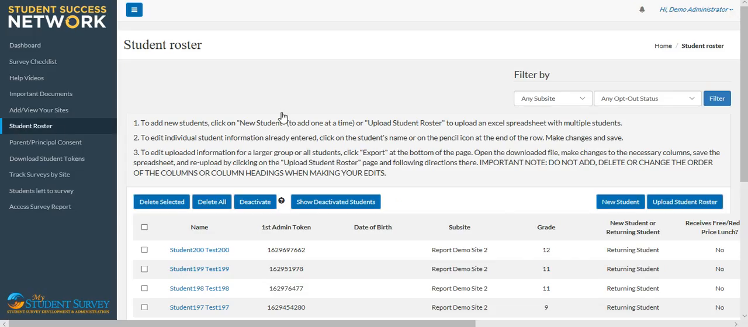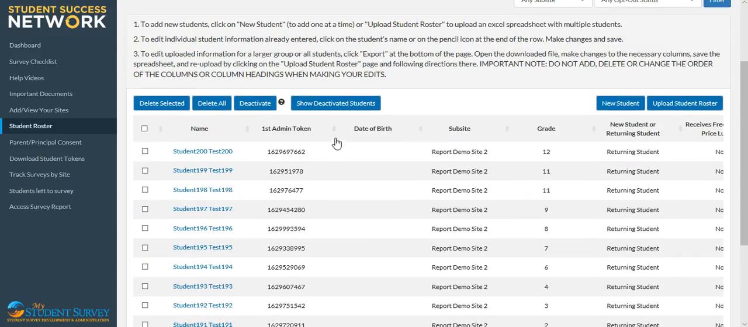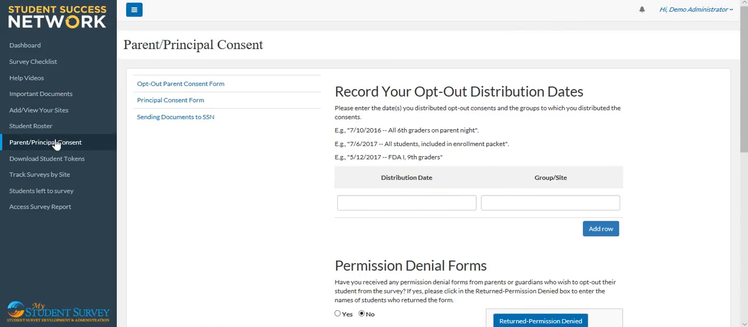Once your student roster is accurate and showing students who will be surveying for the 2018-19 school year, the last thing that you'll need to do in the portal in order to prepare for survey administration will be to record parental and principal consent information if you have added any new students or if you have added any new sites that are housed in a school. All parental consent information from 2017-18 will remain in the portal, so you will only need to add information about distribution of parental consent forms to new students,